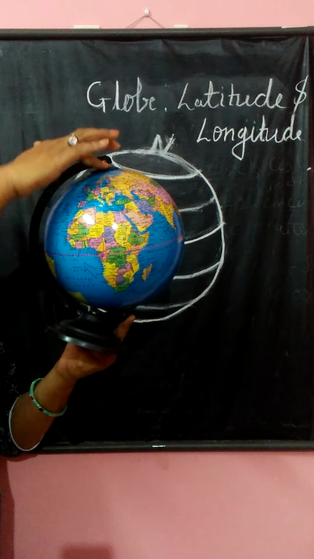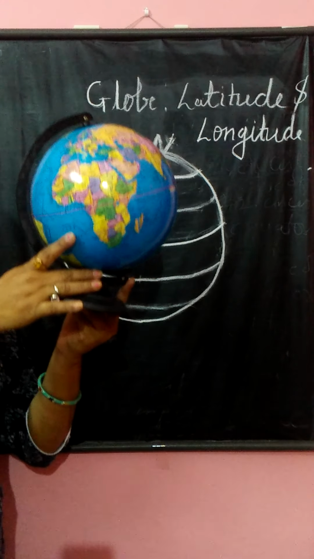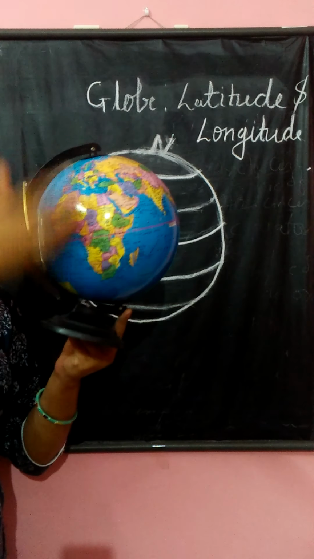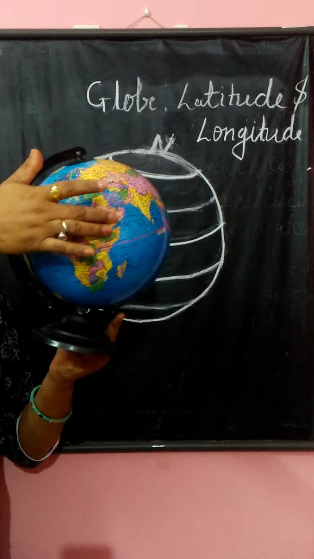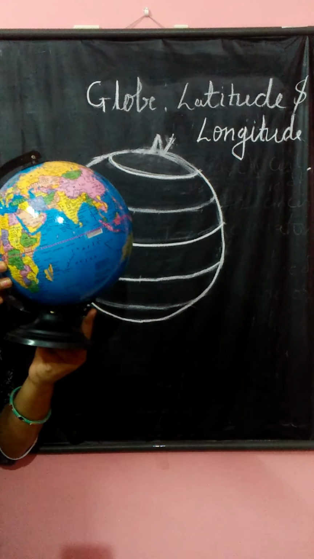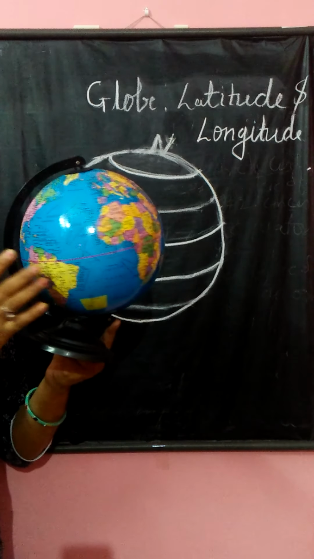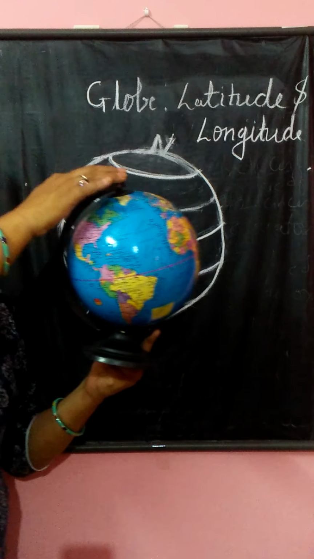And this is the north pole of our earth, and in the same way the bottom is the south pole. On the top of this globe is north, and at the bottom is the south pole. And it spins. Actually our earth moves on its own axis, but here this globe moves with this nail. But on our earth there is no nail.